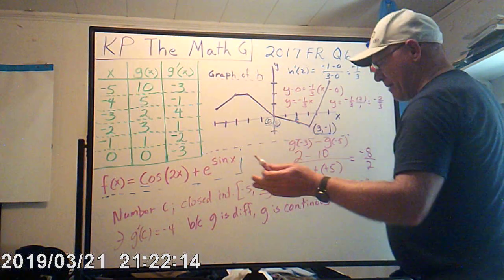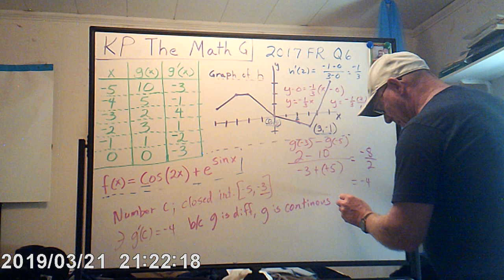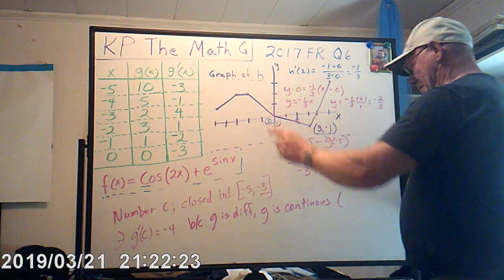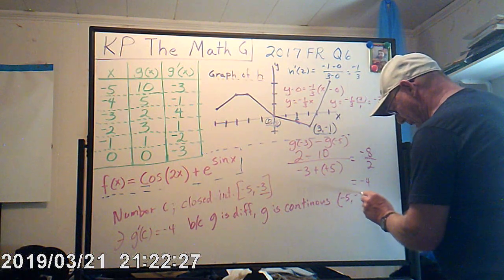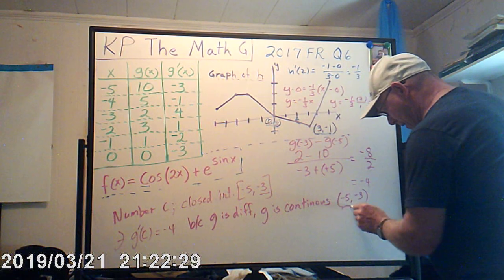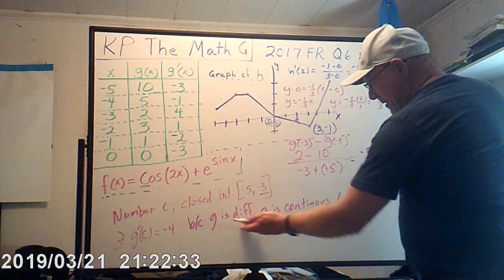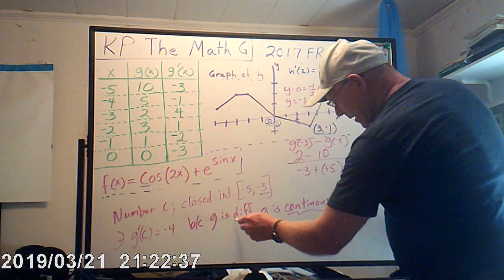And when you're dealing with the mean value theorem, it's continuous over the open interval negative 5, negative 3. If it is continuous over that, then you got to say that. You got to put that down. There's the continuity, because G is